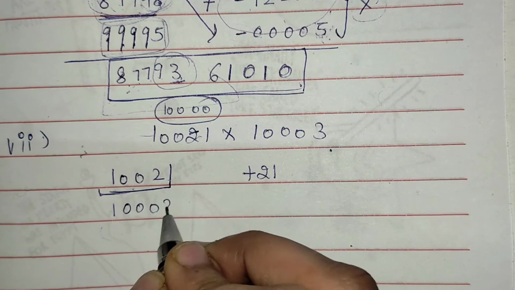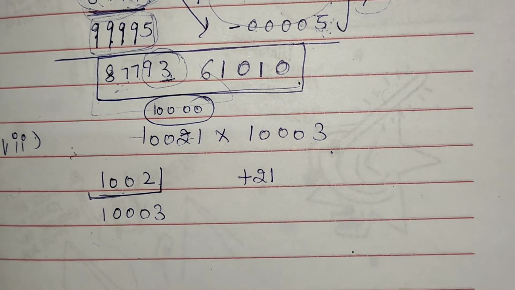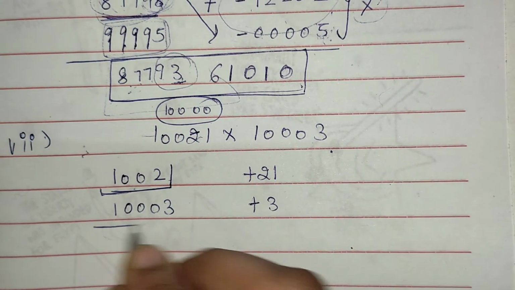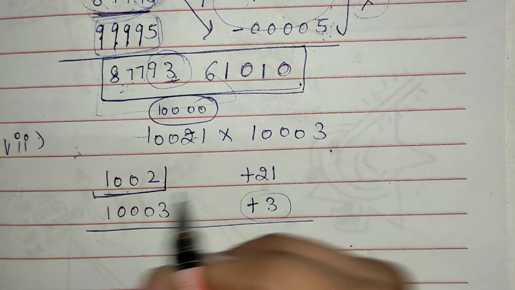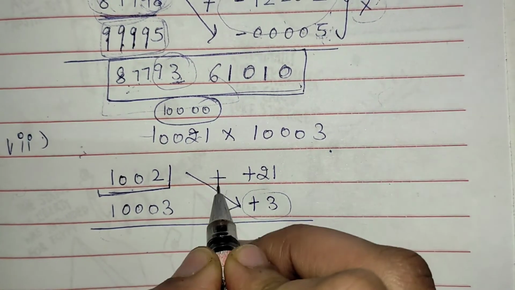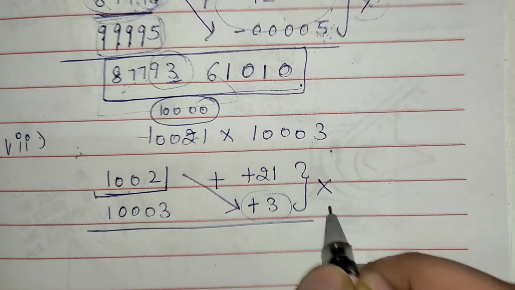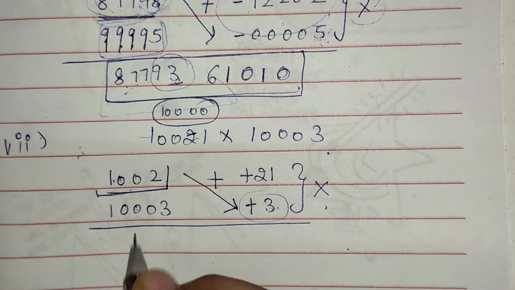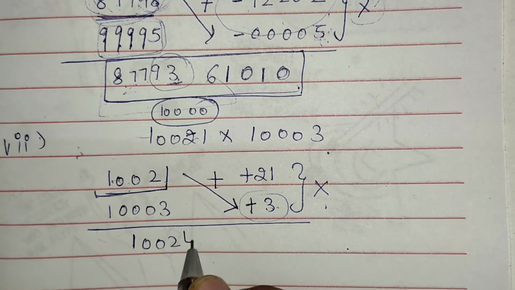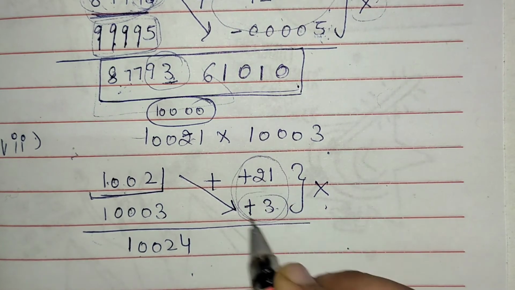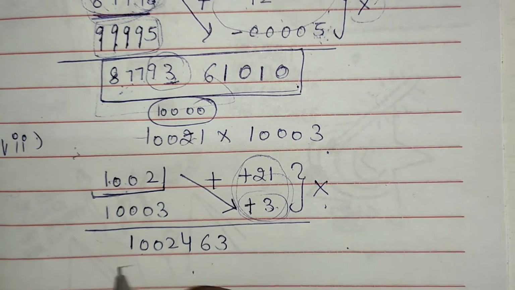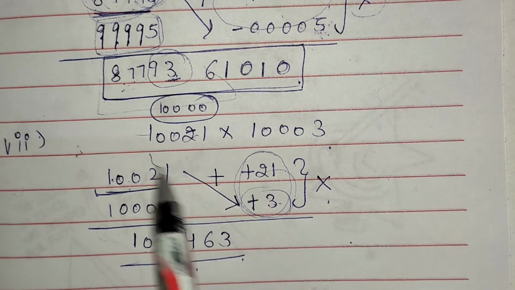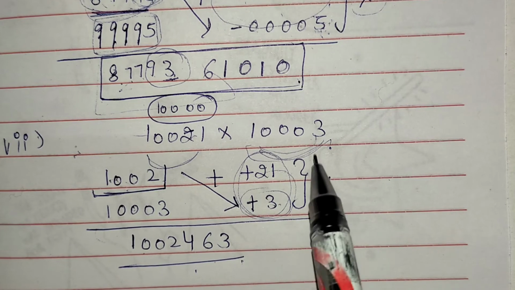Okay, so there is nothing to make mistakes, or there is nothing to think about, right? These are very simple calculations. This is what? This is plus 3. So if you do addition of these two values and do multiplication of these two values, you will get your result. So simple. So what will be the answer? 10024. And when you do multiplication of these two values, what will you get? You will get 63. See, within 2 or 3 seconds I have calculated the multiplication of these two bigger values.